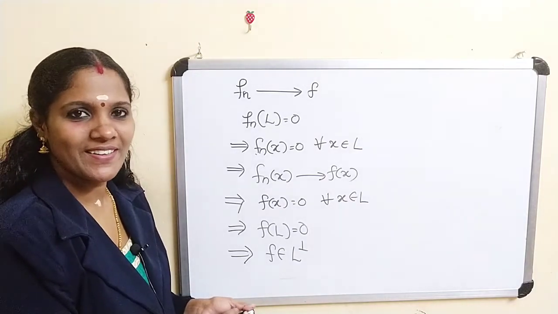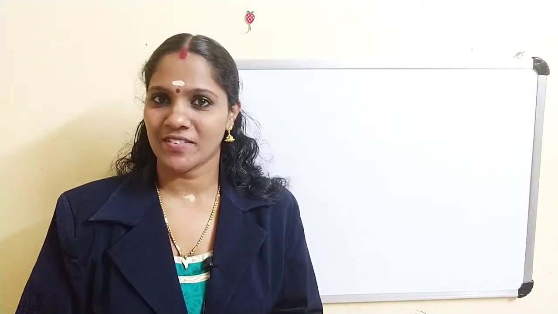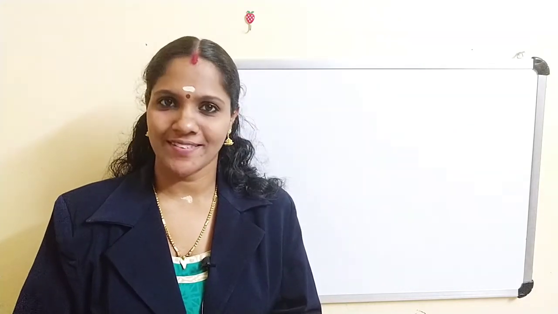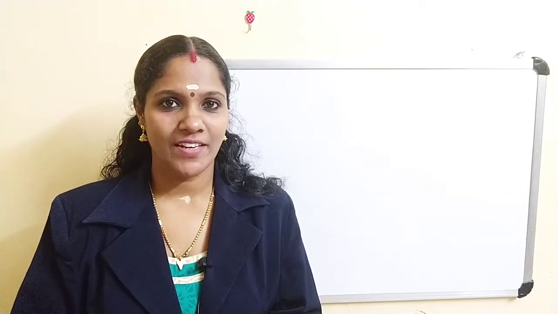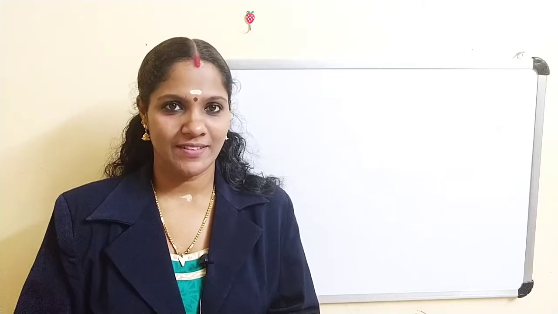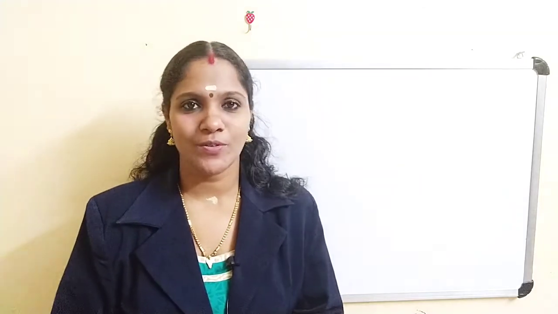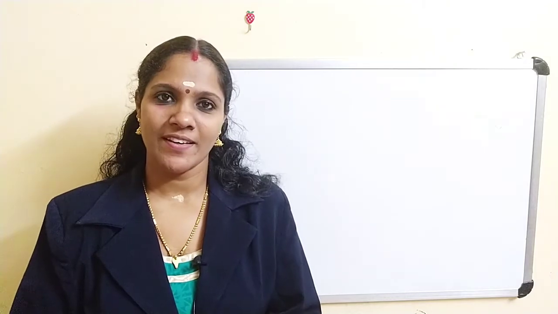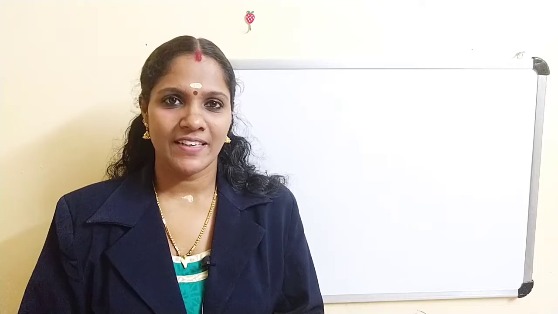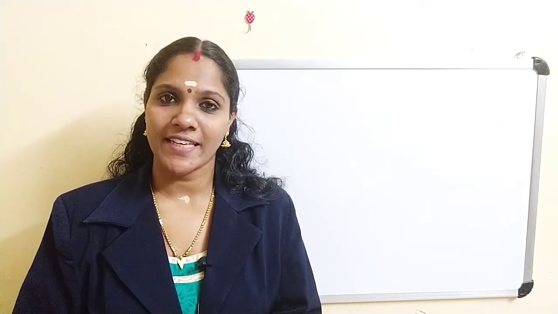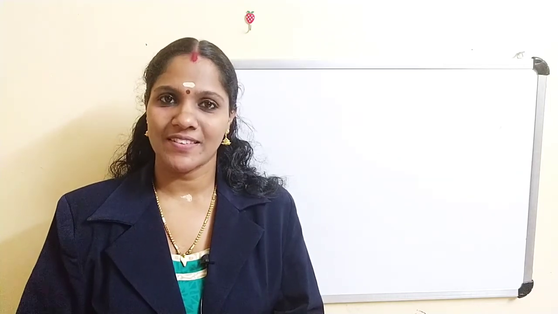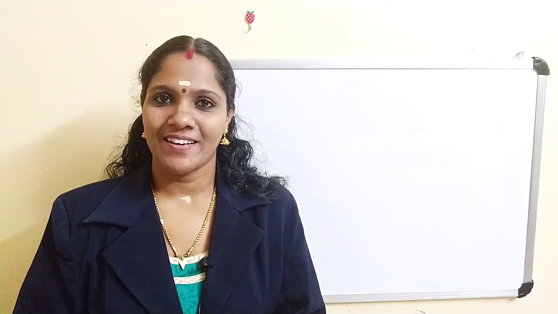Okay. Now just revise what we have discussed today. The first corollary is that X star is a total set. That is, if f of x equal to 0 for every f belongs to X star, then x must be equal to 0. Then another corollary. Okay. Hope it is clear for you. Finally, we have discussed the definition of the annihilator of a subspace L. In the next class, we will discuss some other corollaries of the Hahn-Banach theorem.